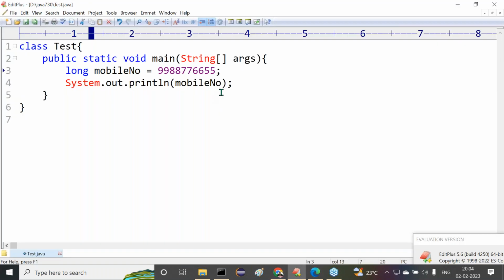Now let me check this. If you want to represent a long value, we can use a small l. You should not think it is a 1, you must think it is l. This may be a confusion in a written test. So it should be small l, not the number 1. I have typed the digit one here, but this is the long suffix. See the difference? In a question paper, the number one might also exist somewhere else. Compare these two and automatically we can understand whether it is an L or a number.